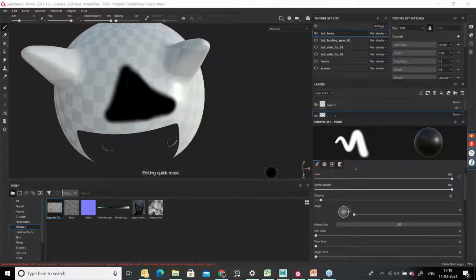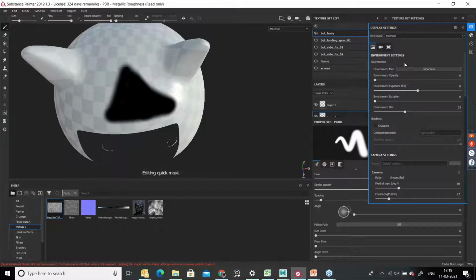We discussed display settings, and channels and all we will discuss in the next class, and what is the environment map we discussed over here, and in the layer, what are the combinations of color, roughness, metallic, normal, all these things we